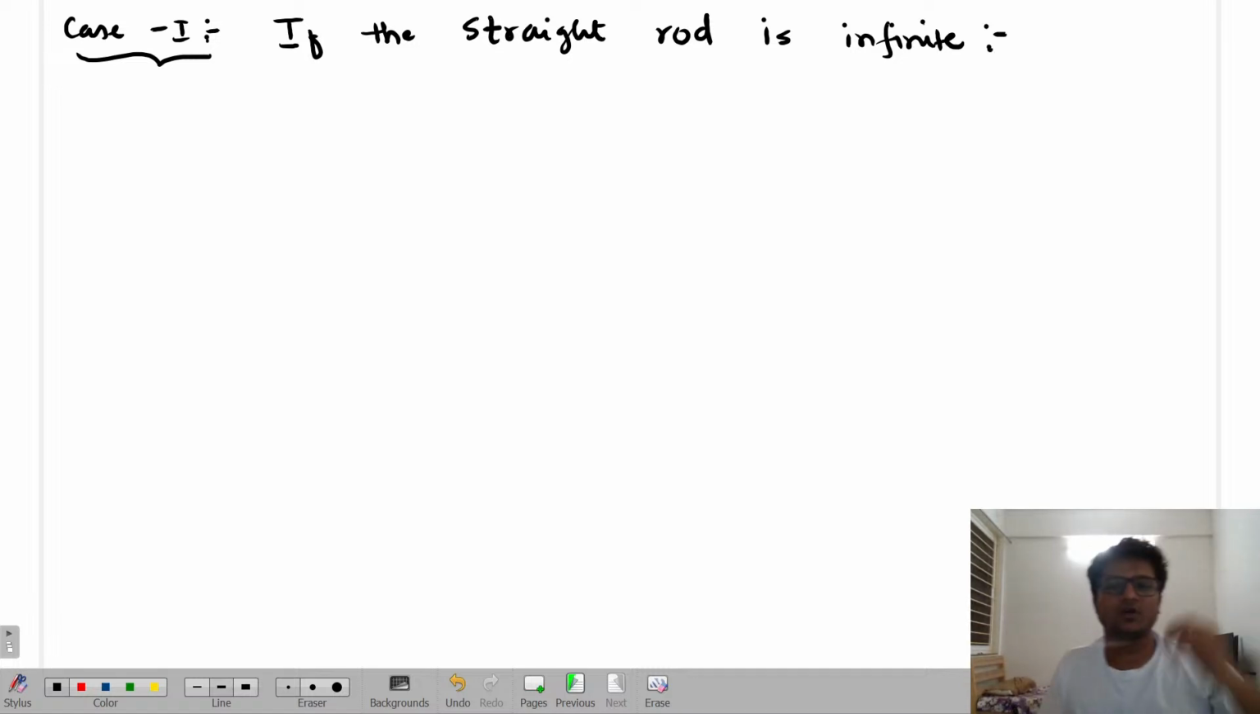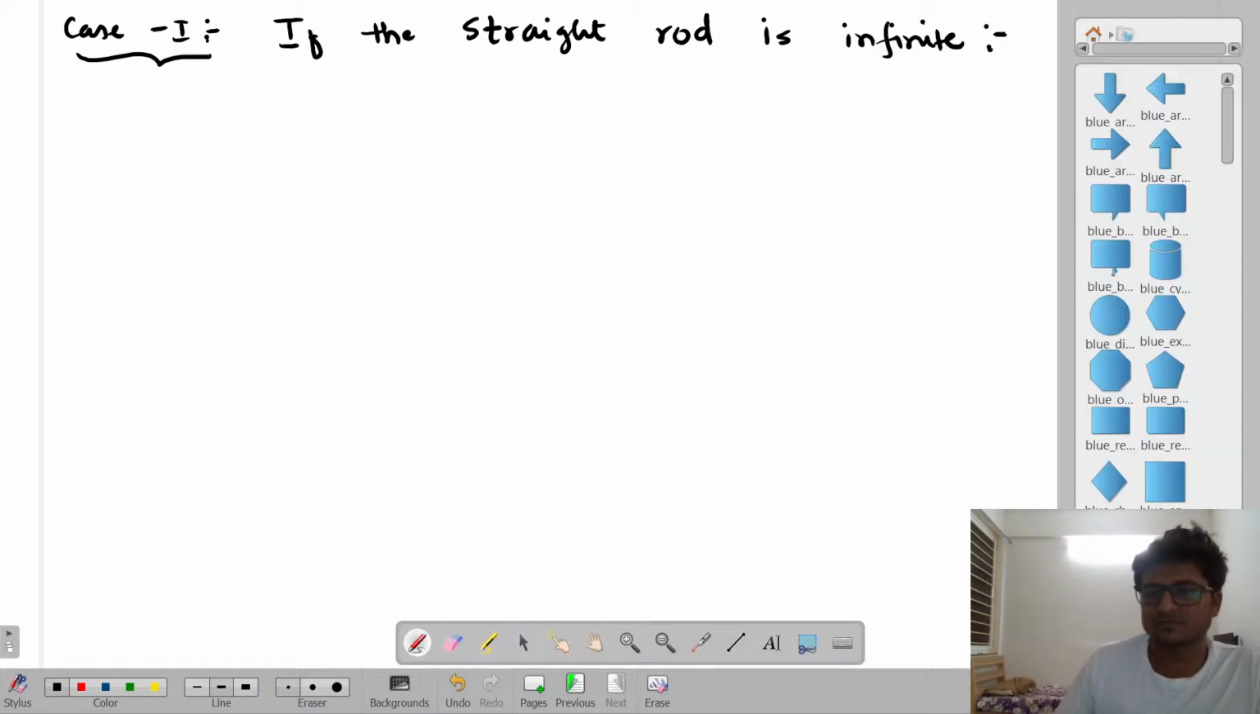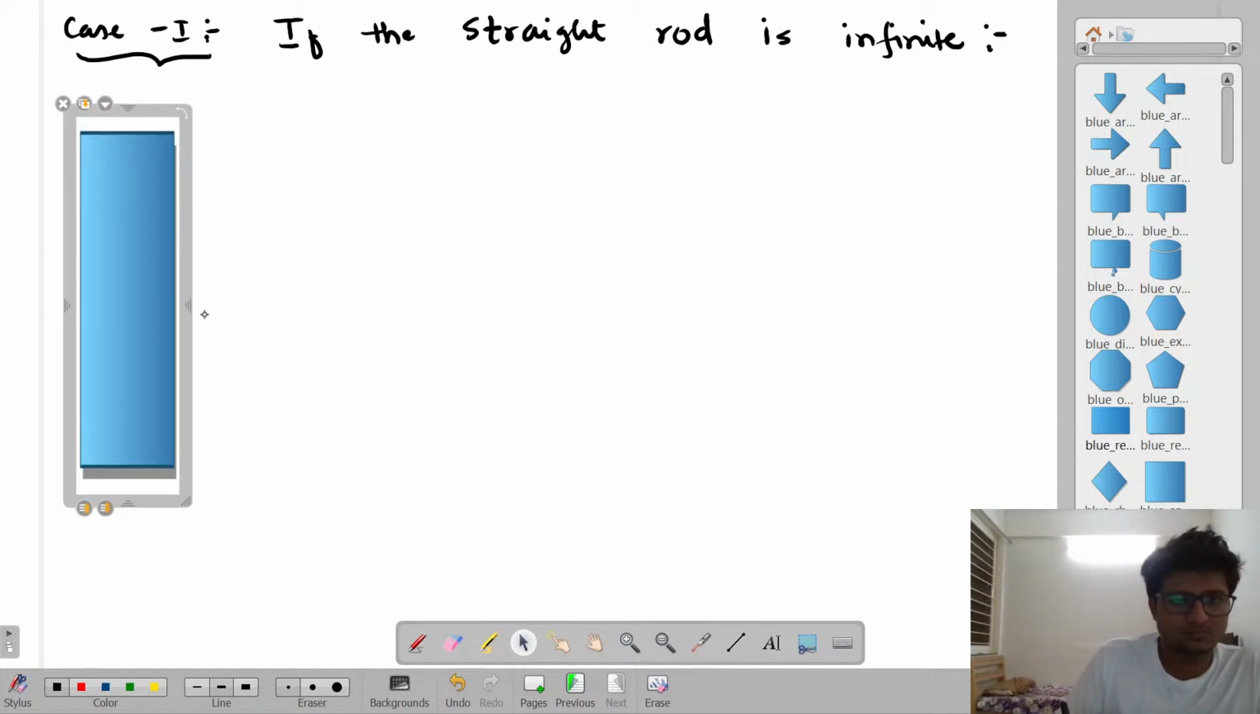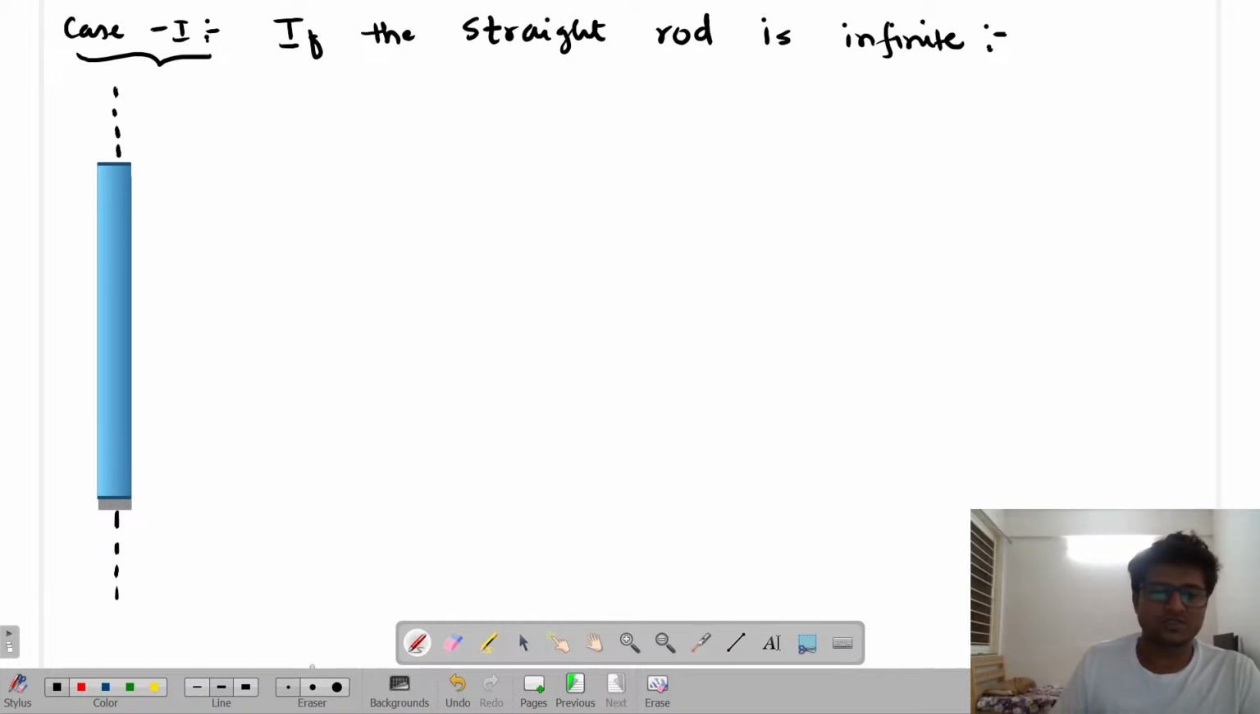If the straight rod is what, guys? Infinite. अच्छा, अगर straight rod infinite हो गया तो तुम खुद सोचो, what will happen. तुम खुद बताओ क्या हो अगर मान लो ये स्ट्रेट रॉड इनफाइनाइट इंफिनिटी तक जा रहा है. ओके. अच्छा, you only tell me, if the straight rod is infinite and I want to find the electric field at point P which is located at some distance r from the rod,